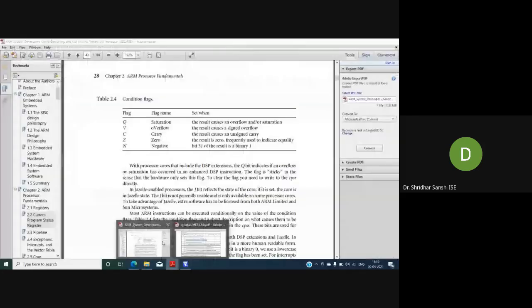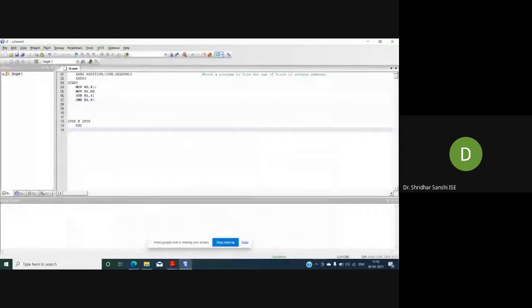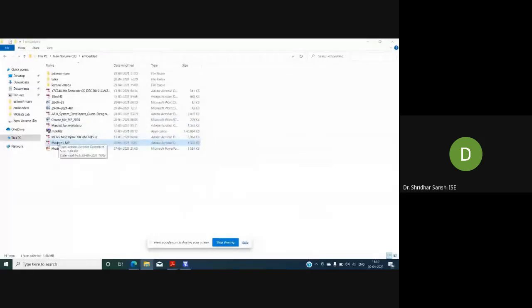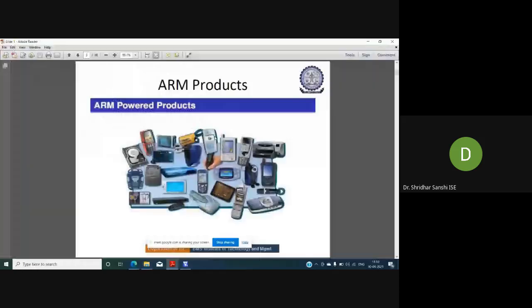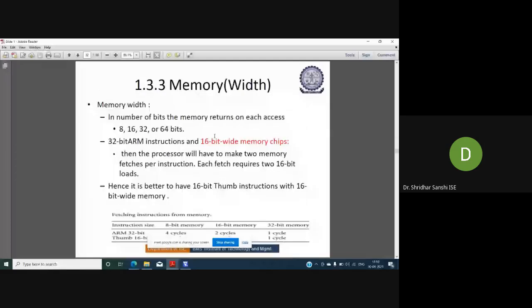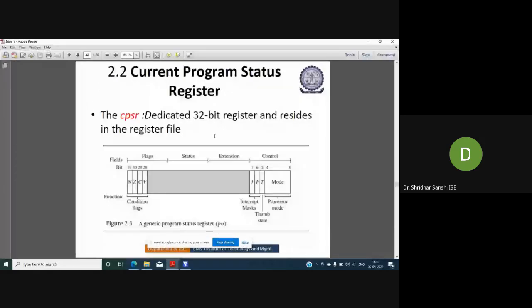These are the flags that I will show on the PPT.